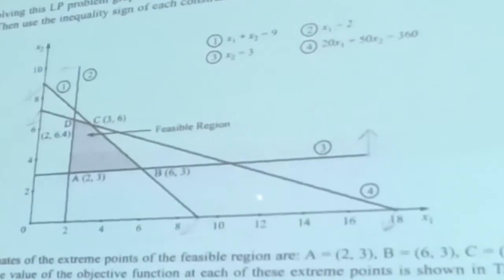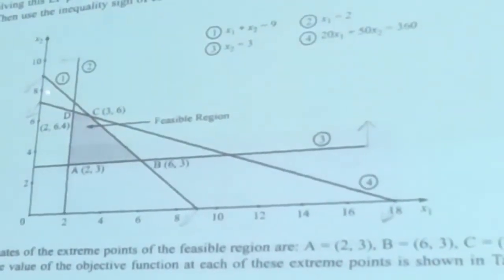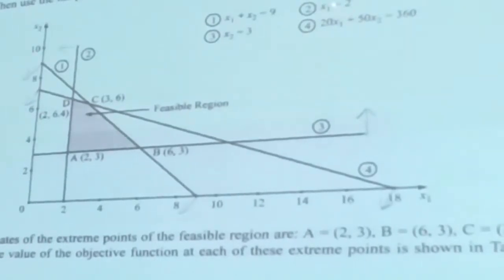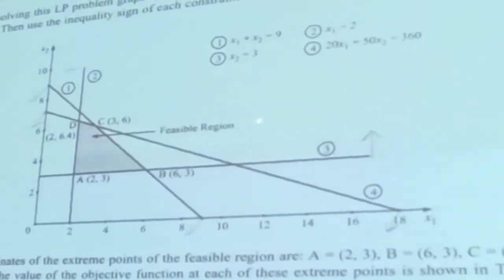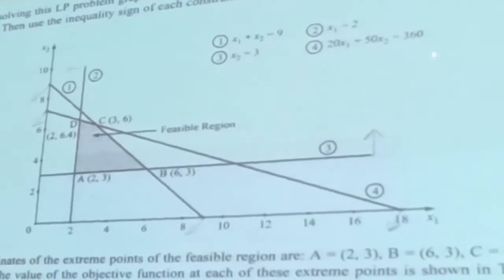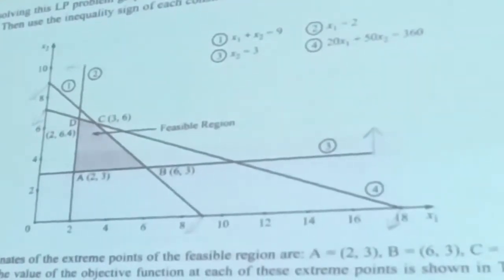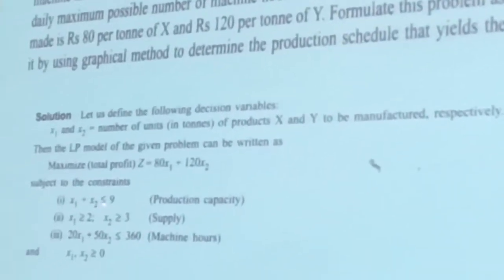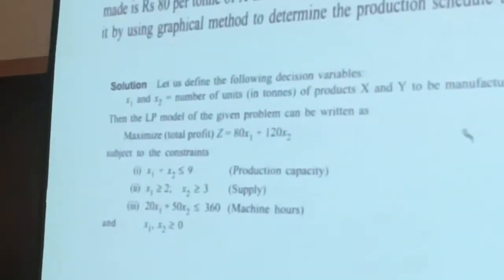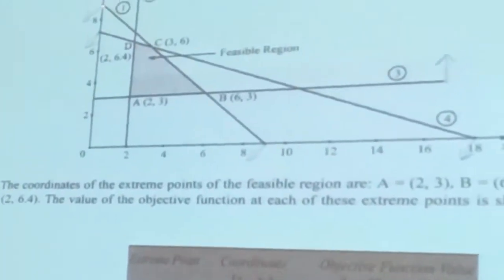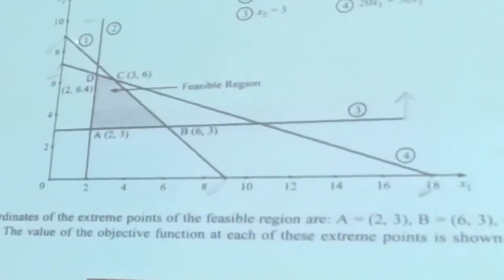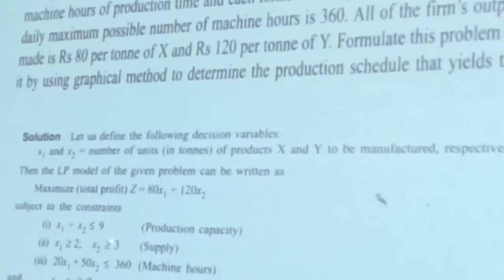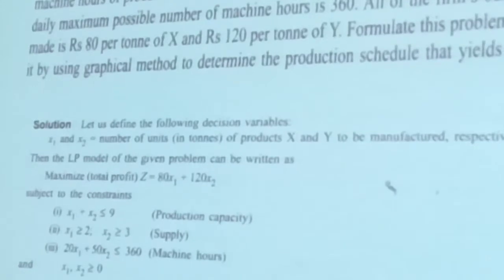So now we have first line, which is this line 9 and 9. Then you have x1 equal to 2. Then we have x2 is equal to 3, and the last line. So once we have plotted, we need to know the constraint. Let's see the constraint. x1 plus x2 greater than 9. x1 plus x2 greater than 9 means this line. Okay, x1 plus x2 greater than 9 or less than 9? Less than 9. x1 plus x2 less than 9.